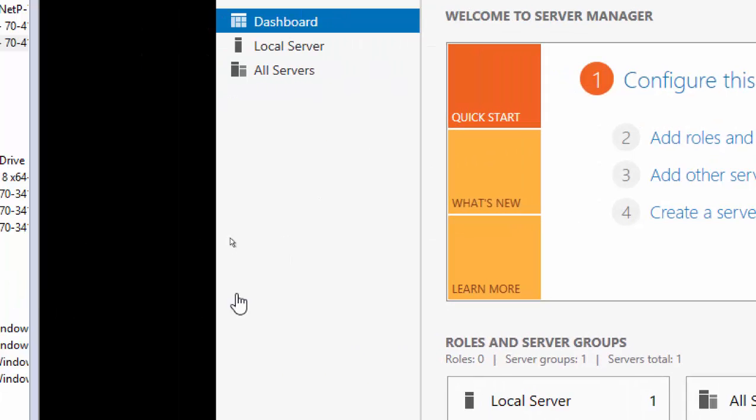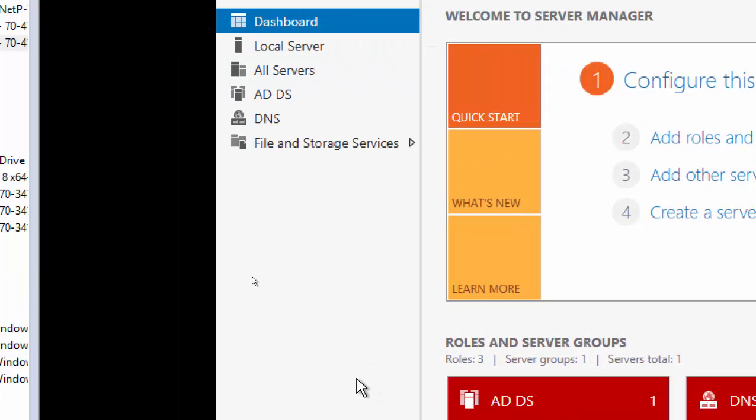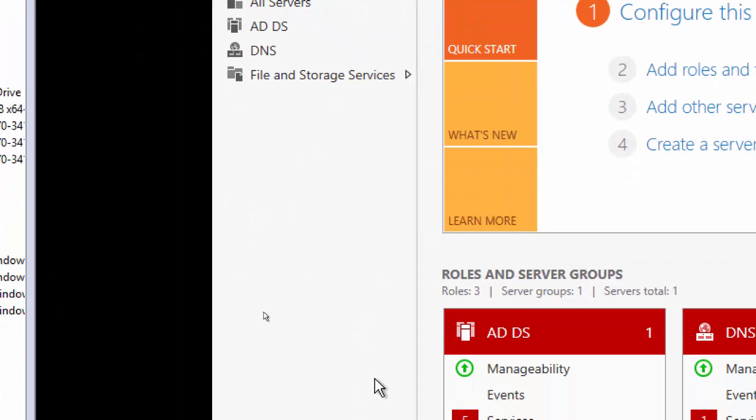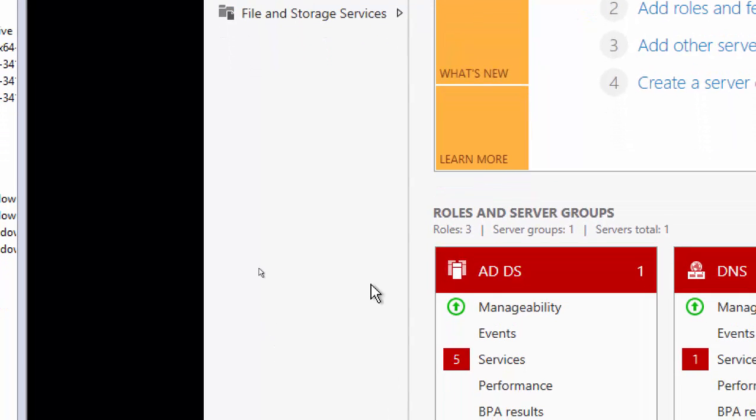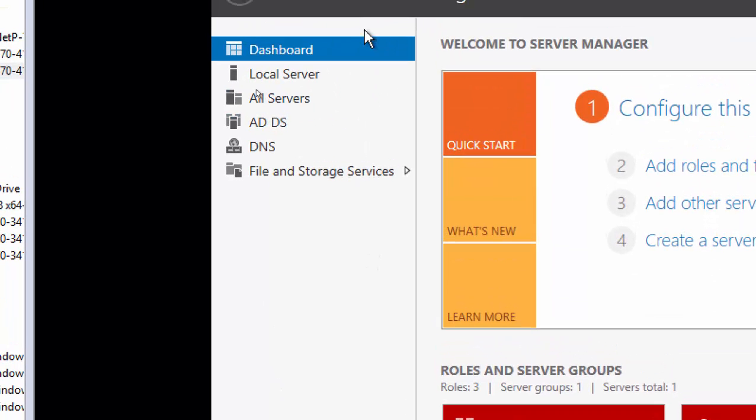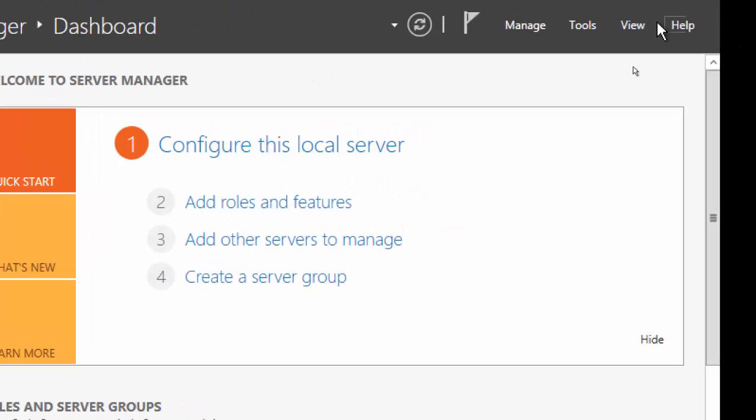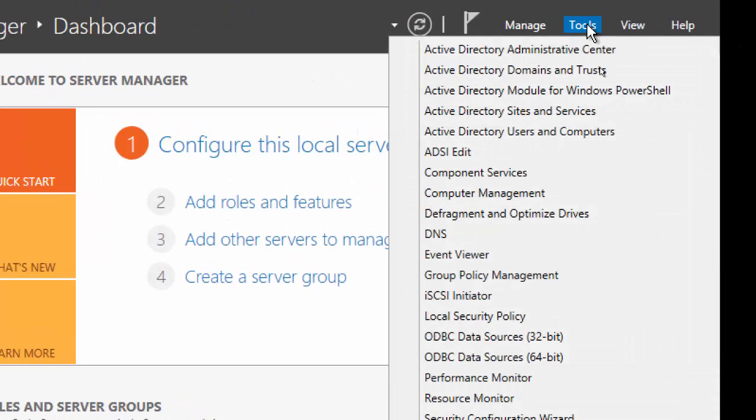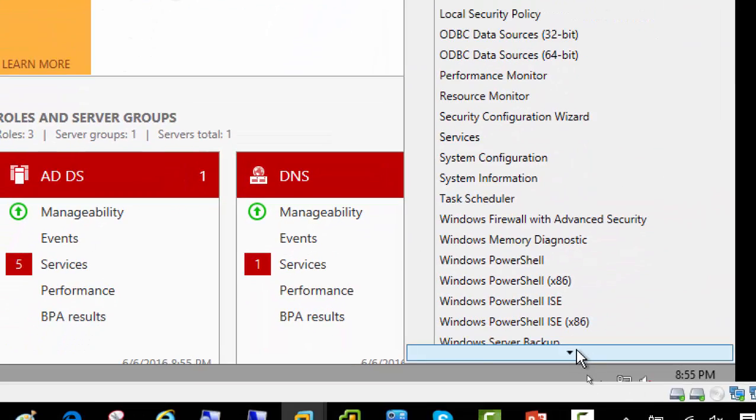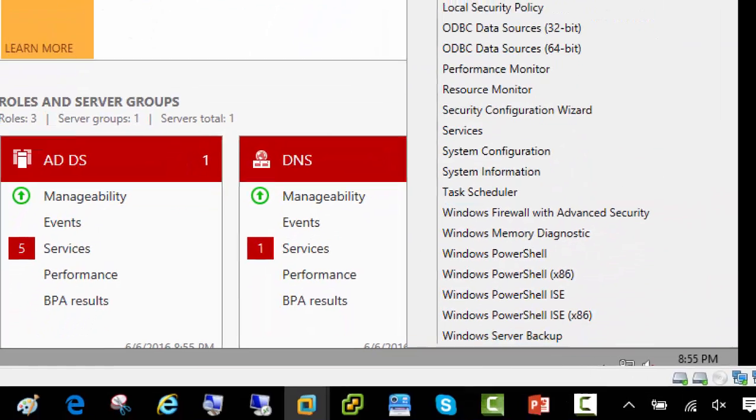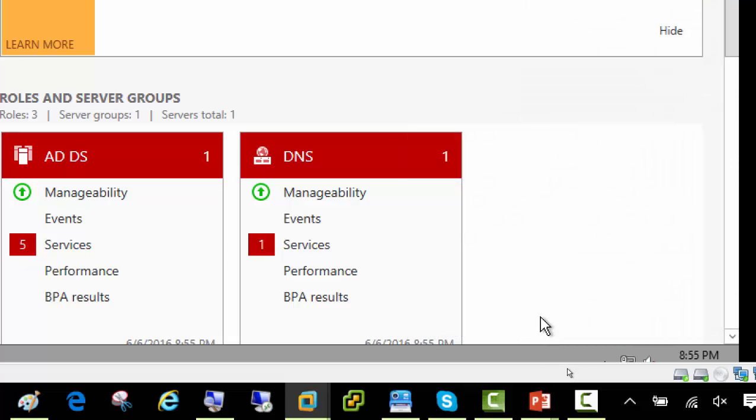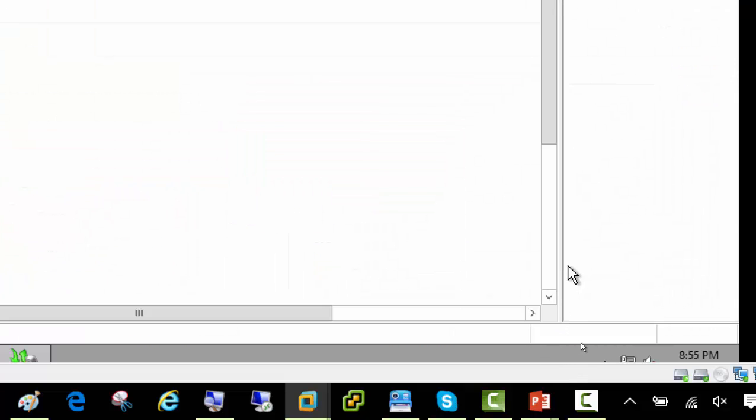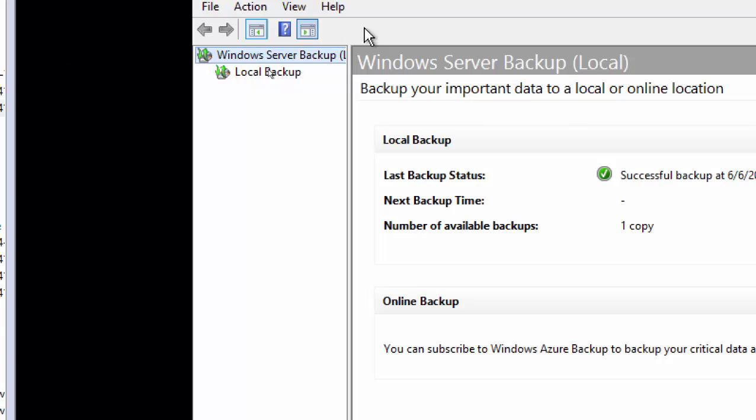Windows server backup doesn't need a password. If we are in local administrator, then open Tools and Windows Backup, right? Again, of course, same thing. This time we're just recovering, right? When we go to local backup,